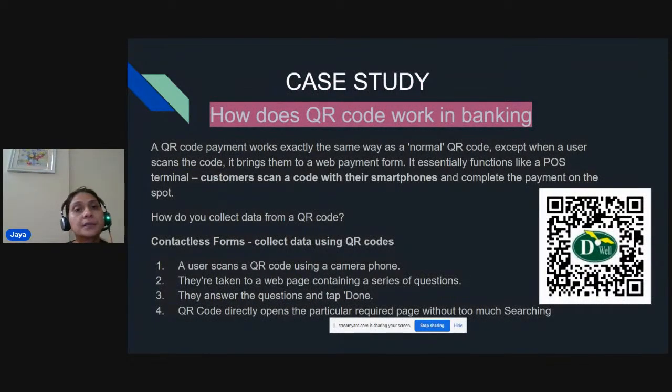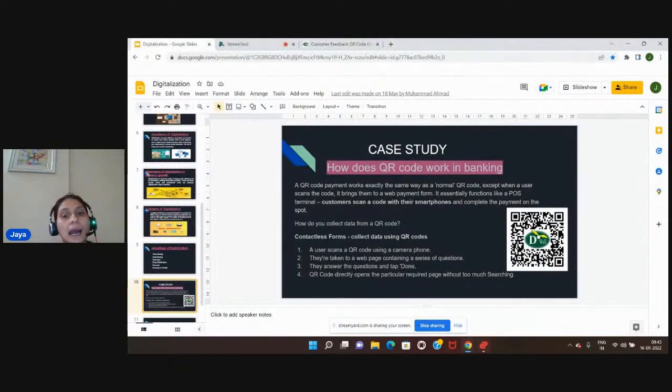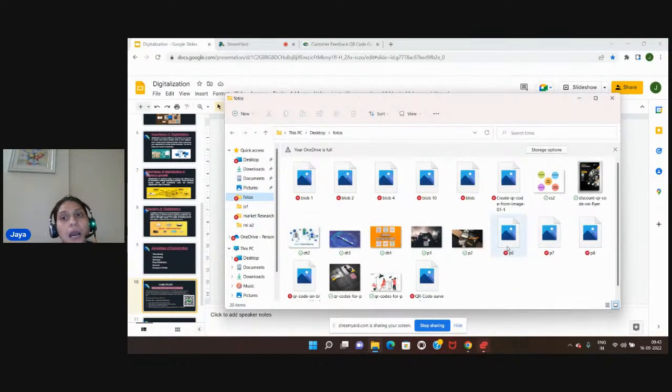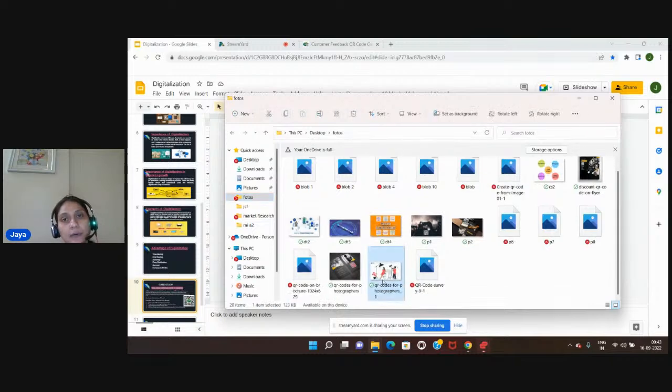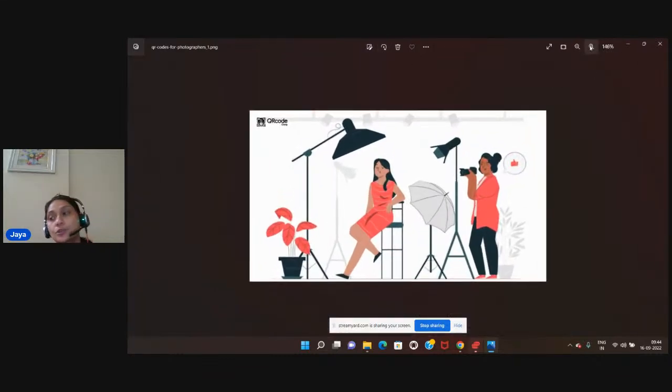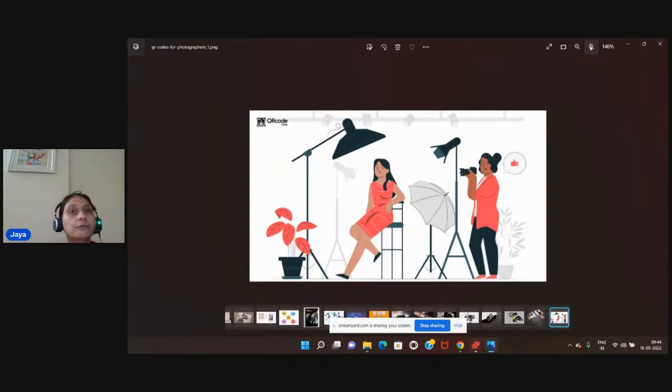Now we come to the end of the session, where you are always waiting for a case study. I have another case study in today's session, which deals with a QR code. You already know what a QR code is, and that it makes things easier for you. So today I'm going to explain how easy it is in our case study. Today's case study is based on videographers and photography.